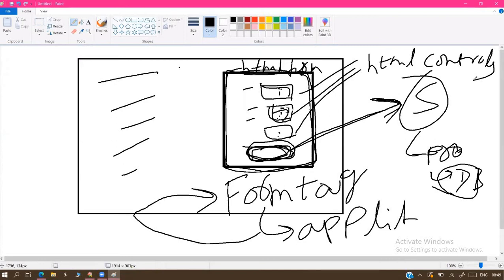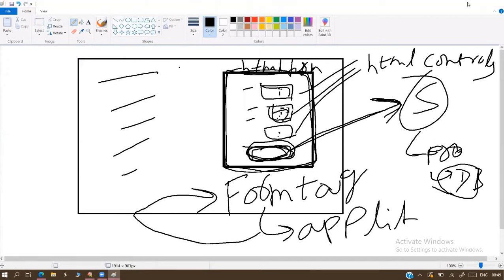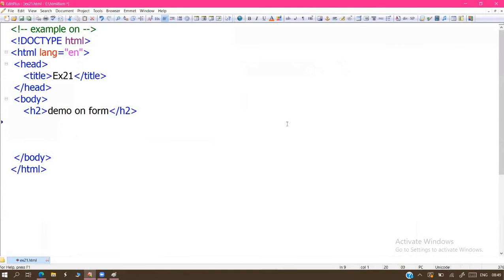This is the HTML form. So first we'll see the HTML form. HTML form is a block level element and it's a paired tag. This is form. ID, that is all common things, sir. ID, names, those are the routine process.